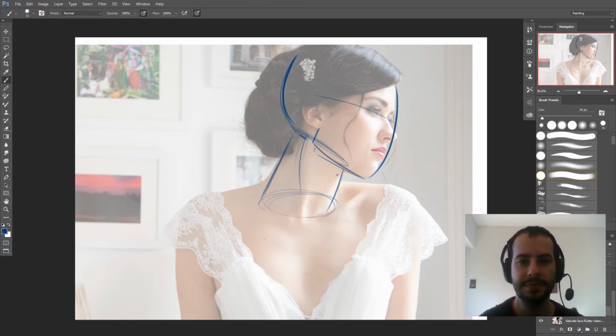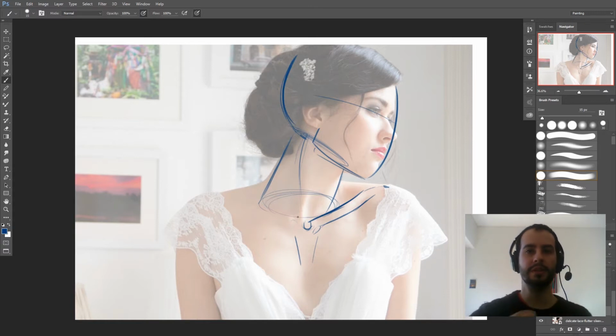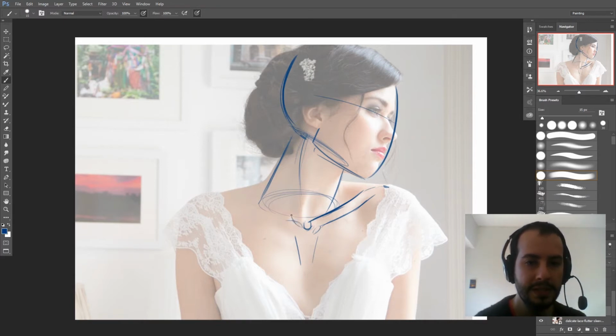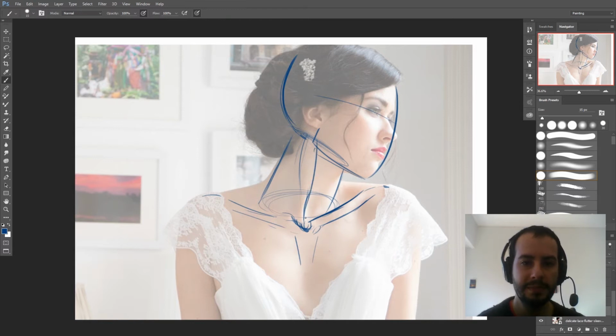You can see that here. And here will be that part between the clavicles. One clavicle is really clearly defined here. There's something like this. Here would be the sternum, that is one of the bones that holds your rib cage. Now the other clavicle, it's pretty much here and goes all the way up here. From this point, you can see that there's this muscle going all the way up,